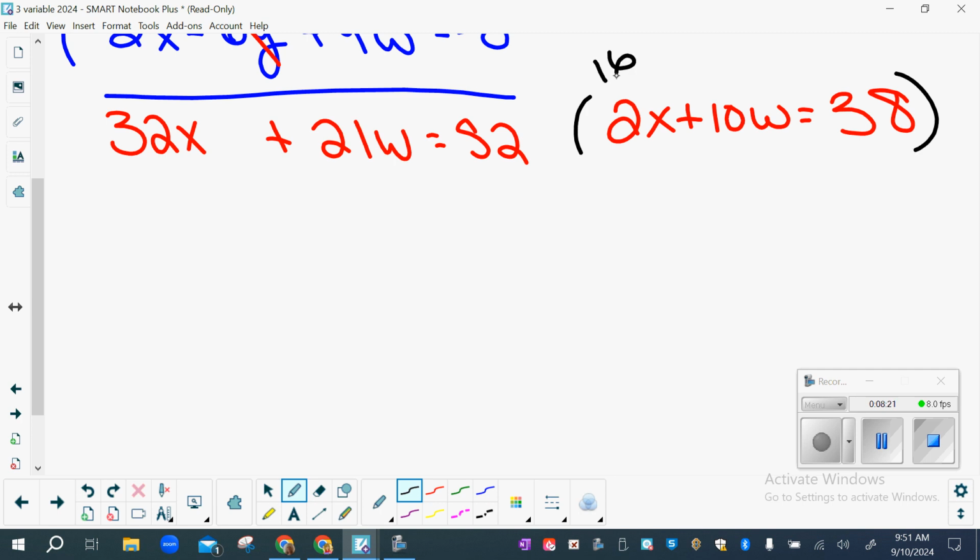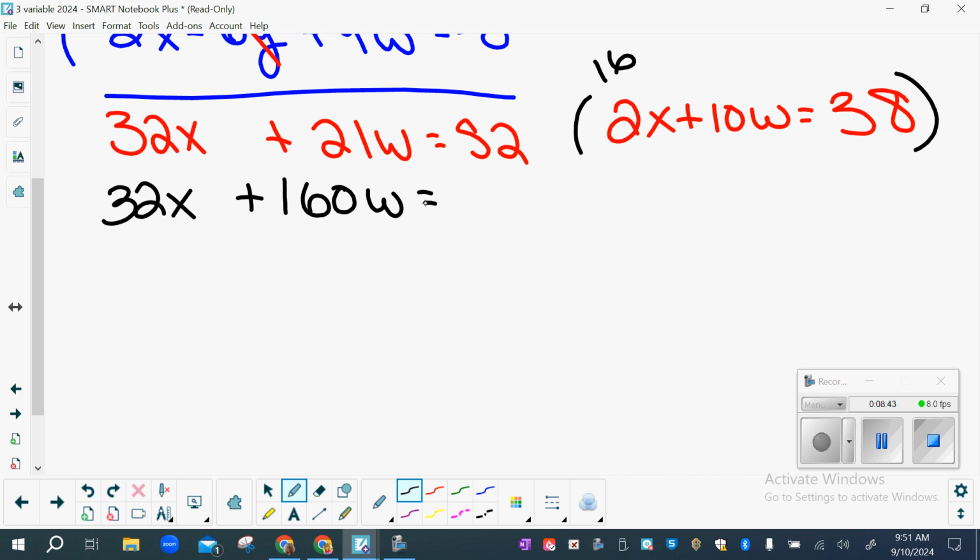Get a calculating device out. If you don't have one, go grab one. They're over there. I know. There's a ton over there. I got them up here. Here we go. So I'm going to times everything by 16. So I'm going to get 32x. And I'm going to get 160w